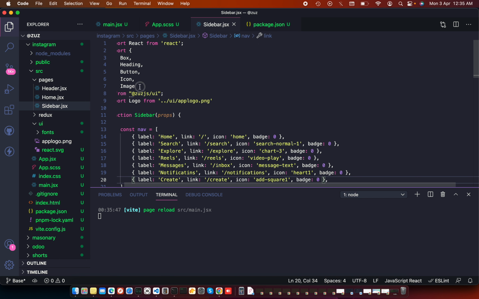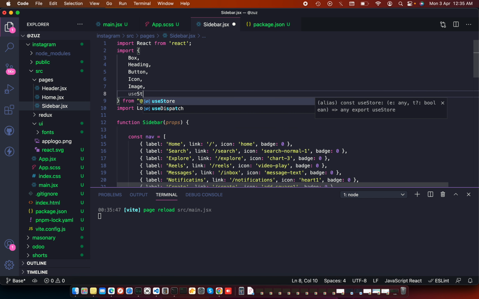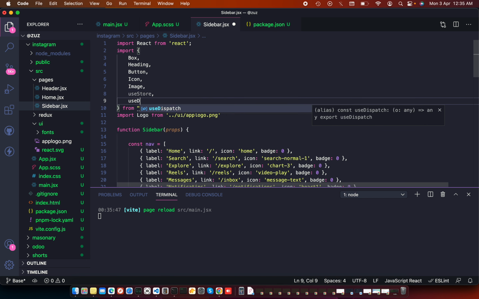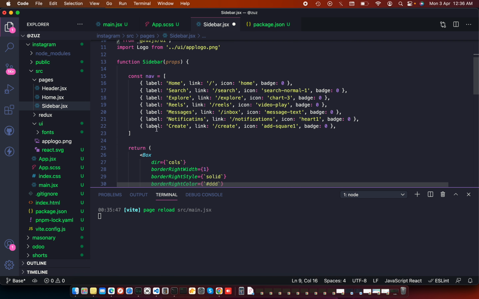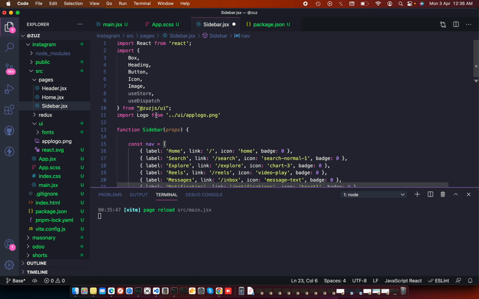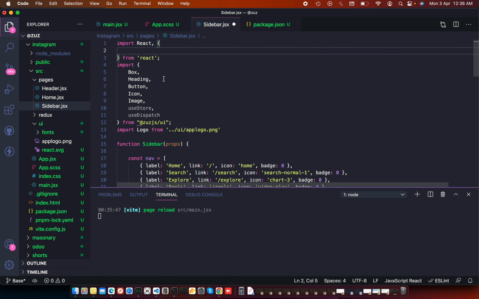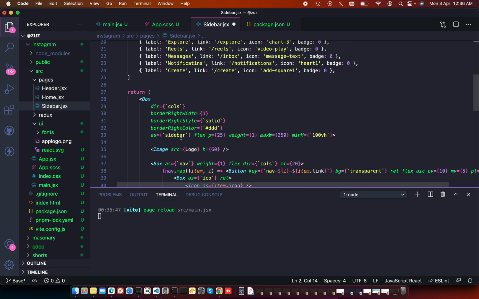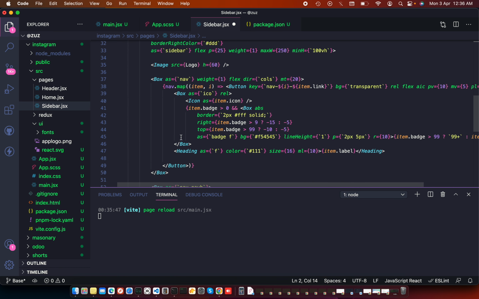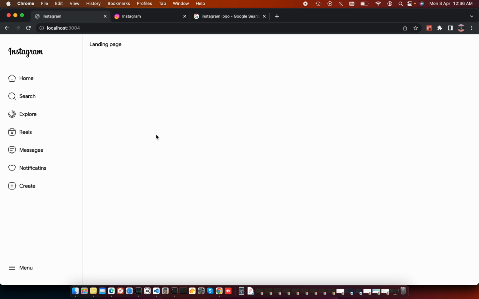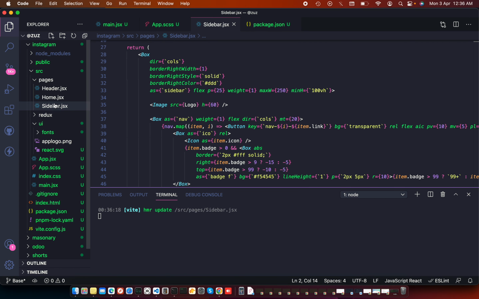And I have added use store and use dispatch inside Zeus UI, so that you can just push and get the state. And we have used effect, and we will check for